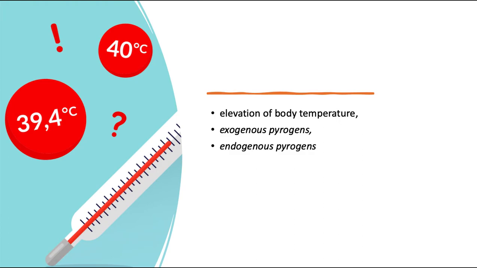The increase in body temperature is caused by prostaglandins that are produced in the vascular and perivascular cells of the hypothalamus. Bacterial products such as LPS, called exogenous pyrogens, stimulate leukocytes to release cytokines such as interleukin-1 and tumor necrosis factor, called endogenous pyrogens, that increase the enzymes